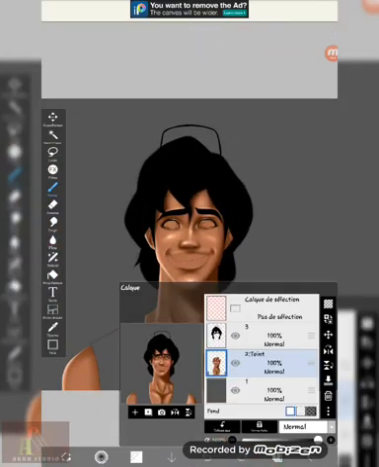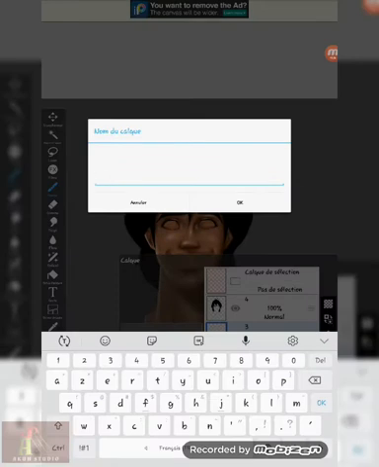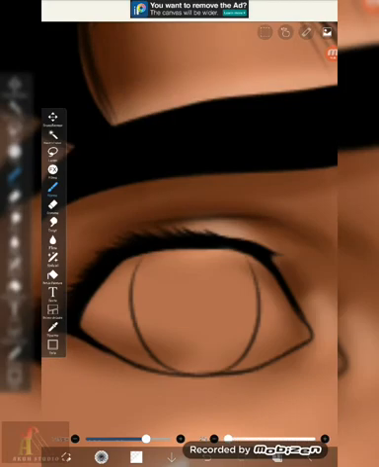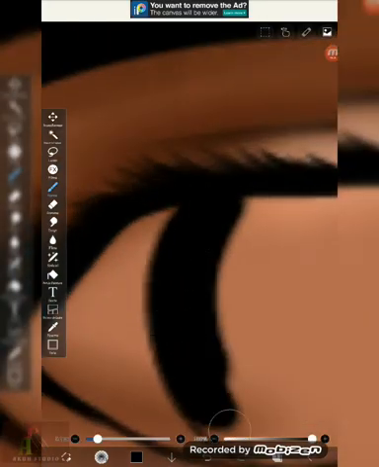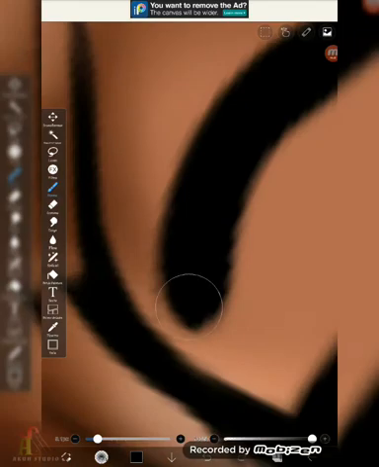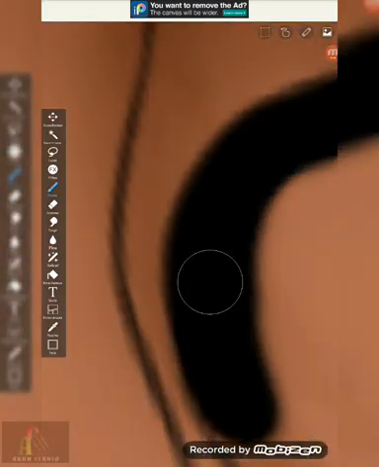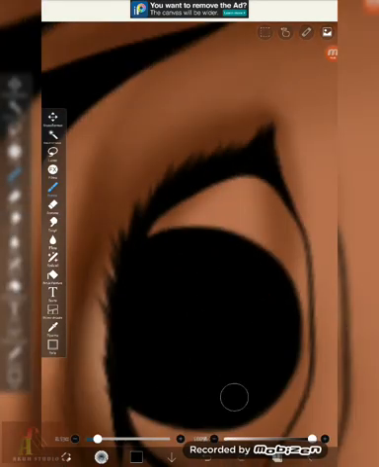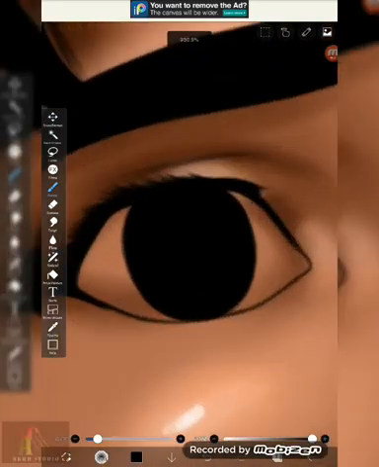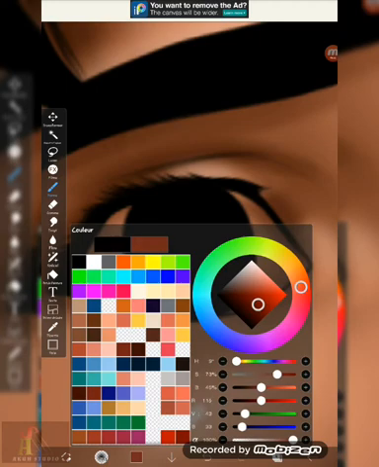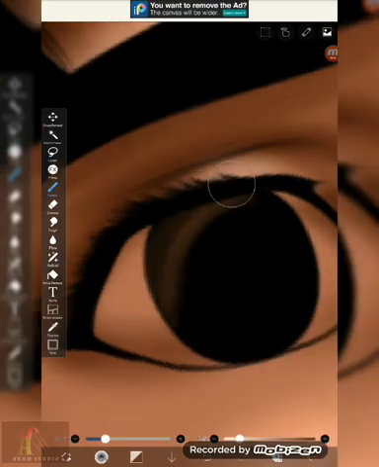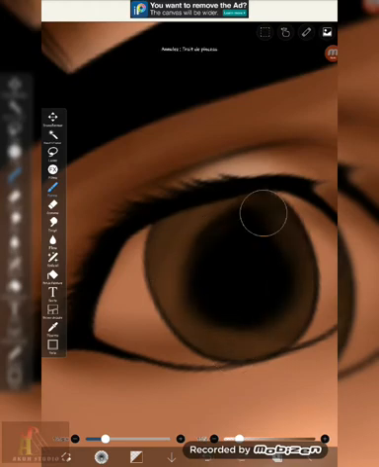So now I'm done with my blending and highlighting. Now I'm going to do the eyes, the nose, and the mouth. Let me start with the eyes. I put my base color for the eyes to be black. But now I'll add another layer and clip it. Remember to use the clipping mask, so as not to cross the borders. So let's say it has brown